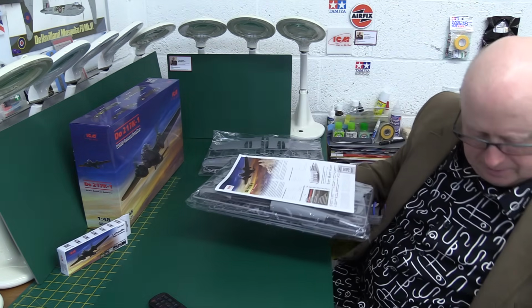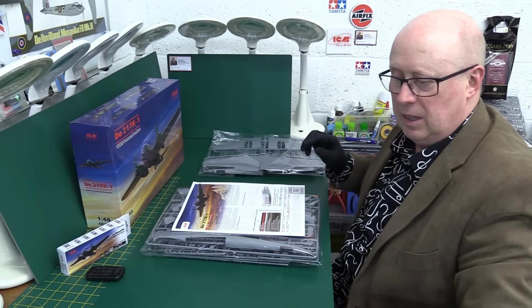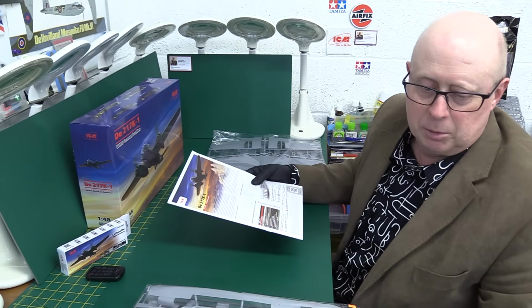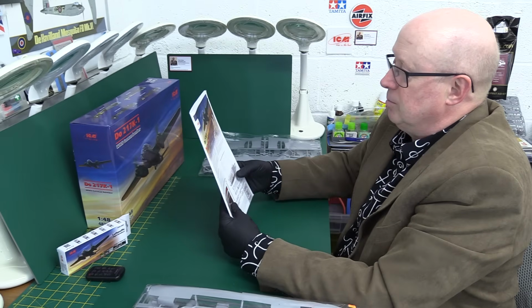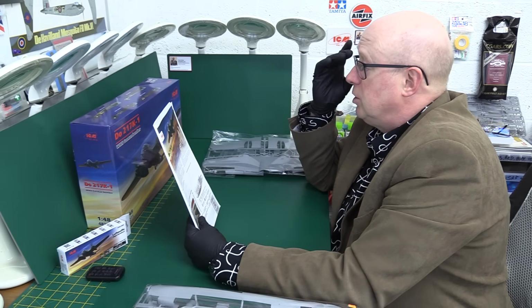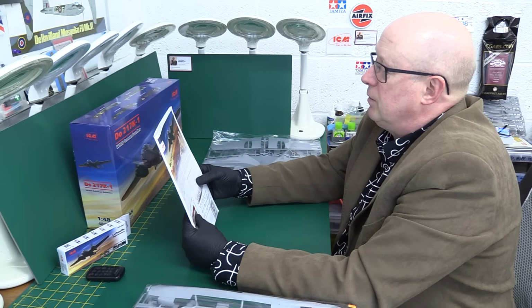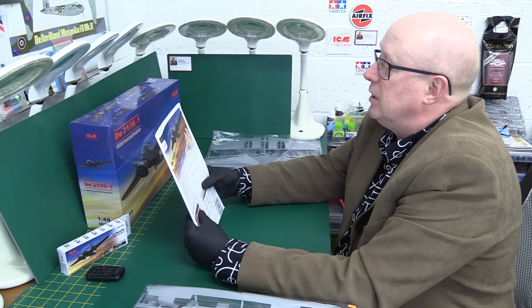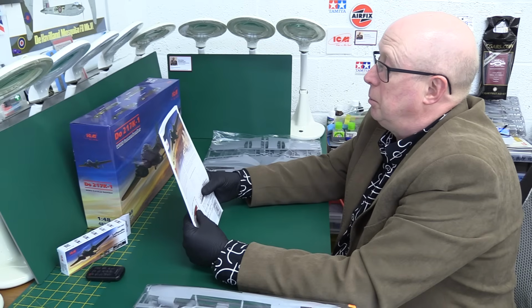Let's move that aside. Let's go first with the instructions. Move everything out of the way. Now then, let's have a look at what we've got. Put my other light on just to get maximum illumination. There we go. It says here, the Dornier Do217K-1 bomber was a variant of the basic 217 model, featuring a modified front fuselage section. Its new cockpit integrated the upper canopy into a single unit, creating more crew space and enhanced pilot visibility. Powered by twin BMW 801D engines, the aircraft could reach a maximum